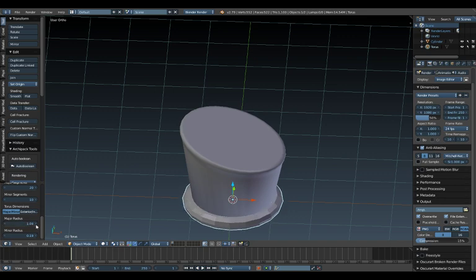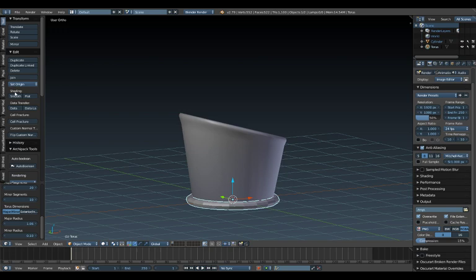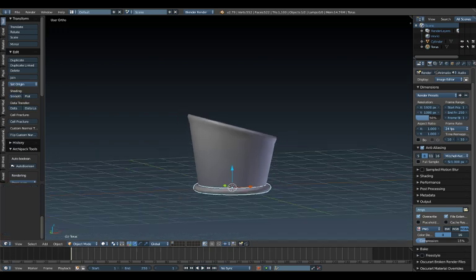Oh, we want that radius out. There we go. And then this one in probably. And then this one in. And then smooth that out. So that kind of, yeah. I think maybe